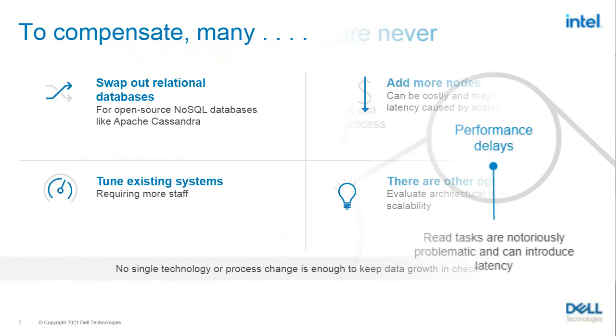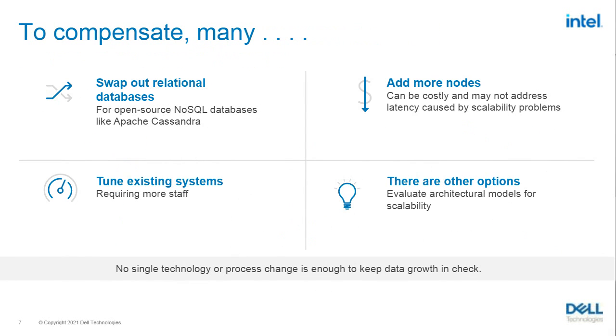So if we think about what we do, a lot of the time, people have started with relational databases. And if you think back 10, 15 years ago, and the explosion of companies like Facebook and Netflix and Apple and so on and so forth, something had to give. And the give was distributed databases. NoSQL databases like Apache Cassandra were created out of a need for more data and more throughput than relational databases could cope with.